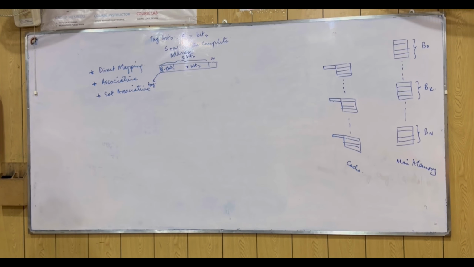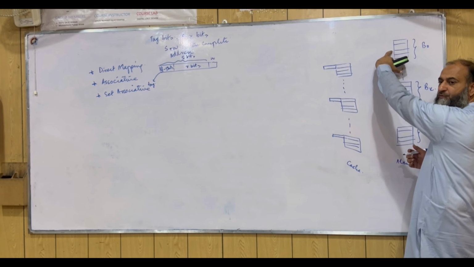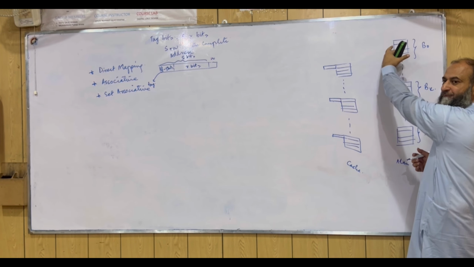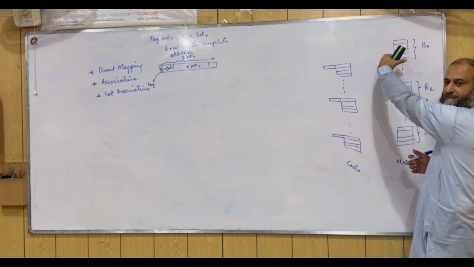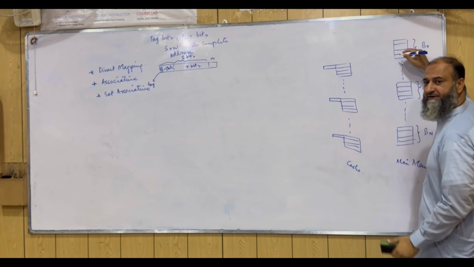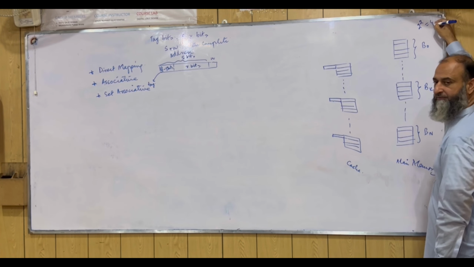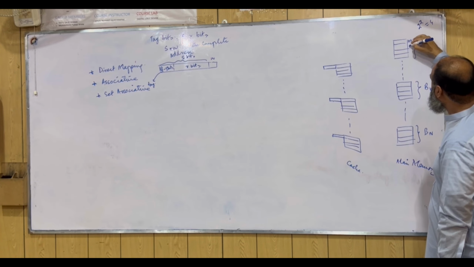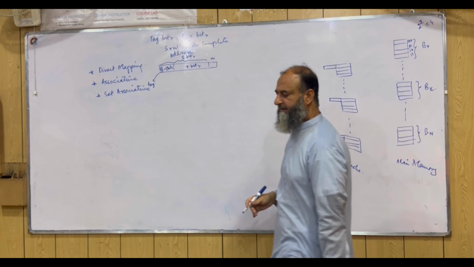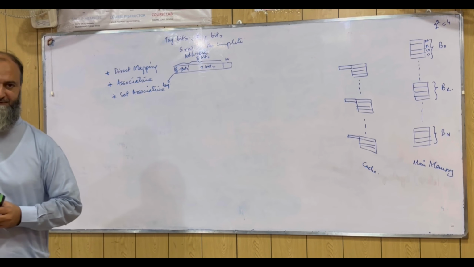You see that we have a total of 4 bytes, or 4 words, within a block. We have reached the block, and we want to identify a word within that block. How many bits are needed to identify it? 2 bits, since 2 to the power of 2 is equal to 4. So it may have the address 00, 01, 10, 11, and you can find any particular byte or word within that block.